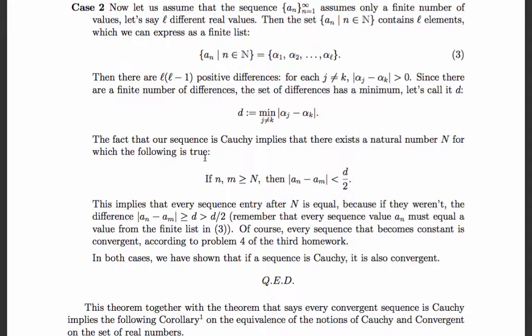Alright, now let's go to case 2, which is the case where our sequence assumes only a finite number of values. Now, if our sequence assumes a finite number of values, then the set of values is bounded but finite, right? Bounded but finite, which means Bolzano-Weierstrass has nothing to say. He has no power here. However,